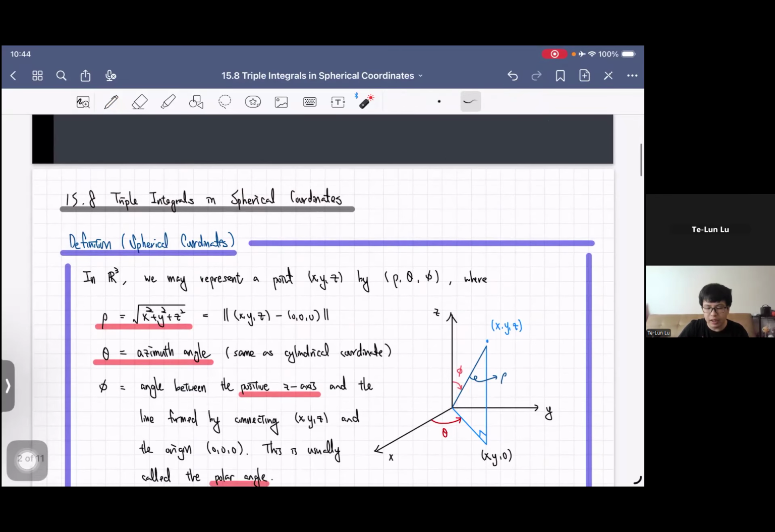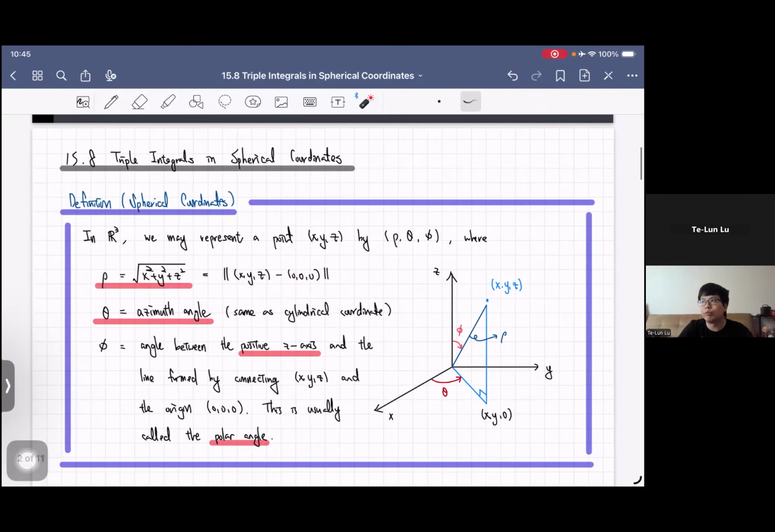Spherical coordinates fit better with respect to symmetry about a point, whereas cylindrical coordinates treat symmetry about a line better. So let us first define what spherical coordinates are. It is slightly different from the previous coordinates, like polar coordinates, so we will have to be careful with the notions. In R3, we may represent a three-tuple (x, y, z) as another three-tuple,